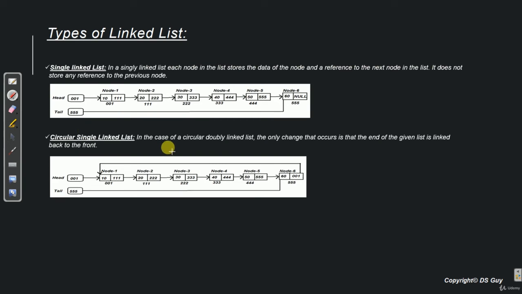If we remember from the types of linked list video, we said that circular linked list is exactly the same as single linked list. The only difference is the last node in a circular single linked list points to the first node in the list, whereas in a single linked list, it is null, indicating that this node is the last node. So as obvious, the 6 operations that we performed on single linked list will also be very similar on circular single linked list with a small twist. We'll see what those twists are.